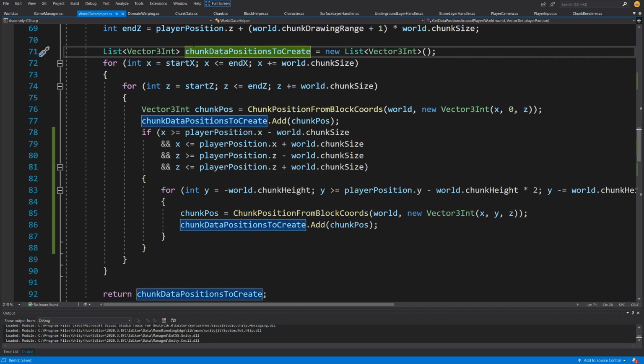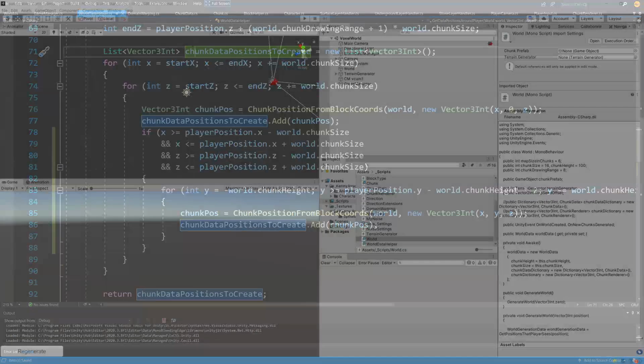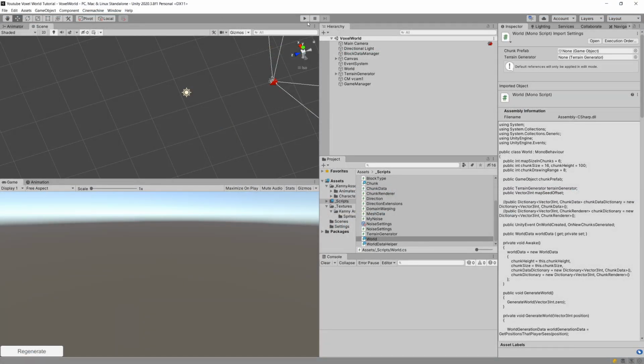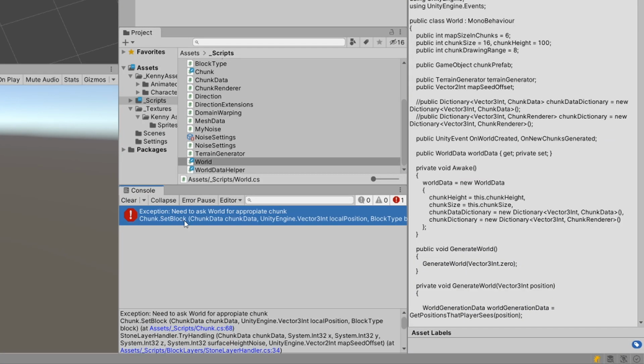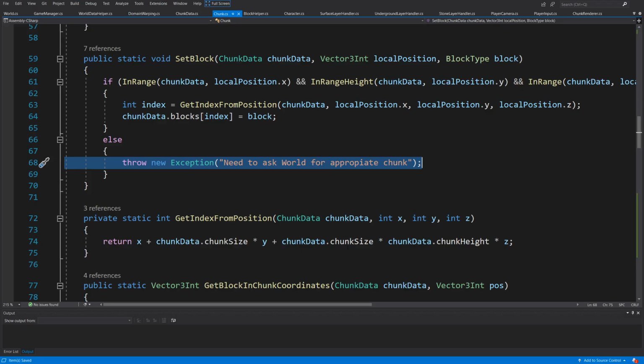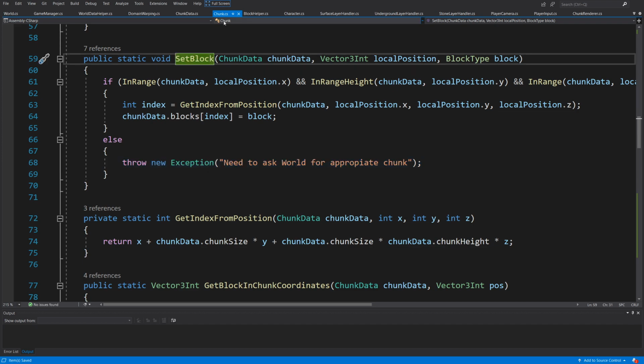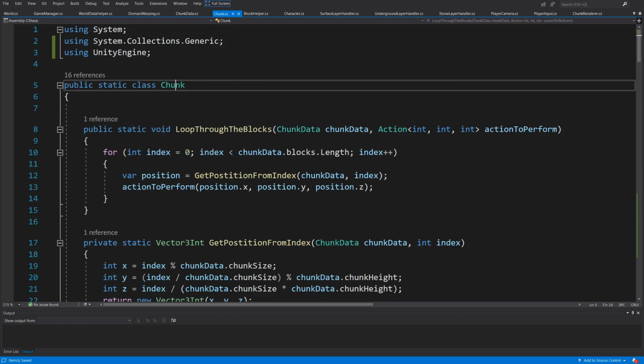Let's save this class, and if we go back to Unity, okay, if we try pressing play now and regenerating our world, we're going to get an error. The exception is: need to ask world for appropriate chunk. So this is the error that we have thrown inside our SetBlock in our Chunk static class.